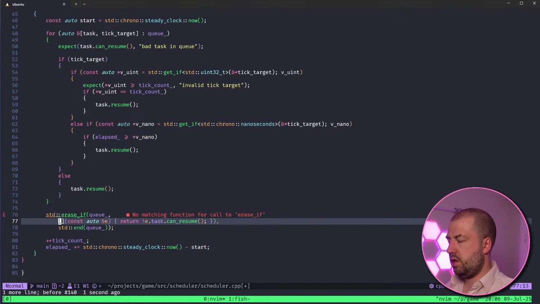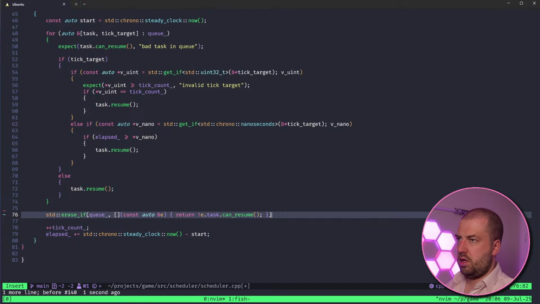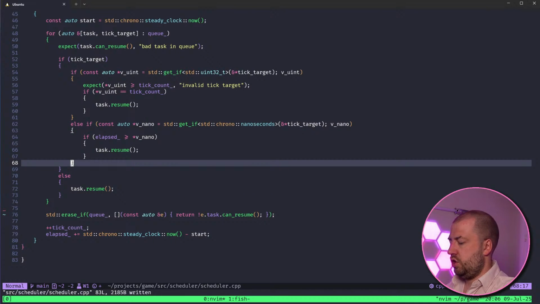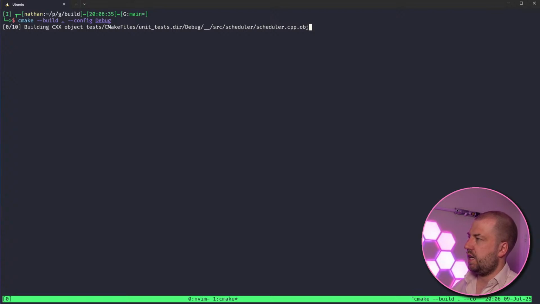I think that's the syntactic sugar they added for the erase-remove idiom. So that should build, and then I think one of the tests will fail because we're doing them out of order, but that's fine, we can fix that, and then we'll be on our merry way.